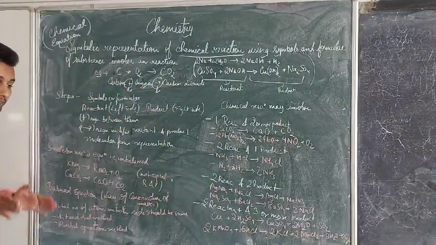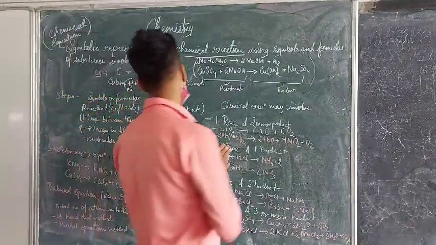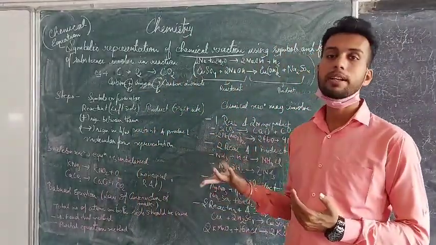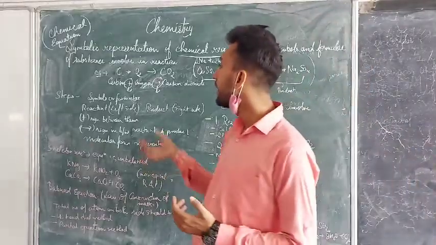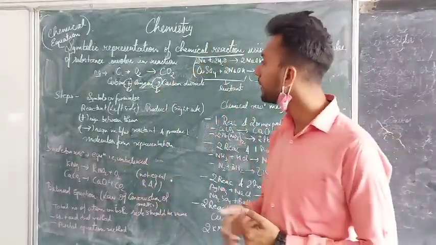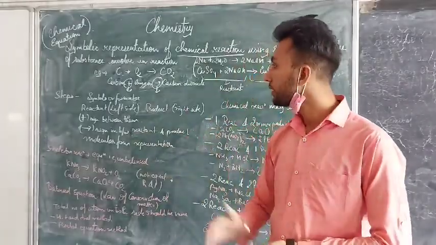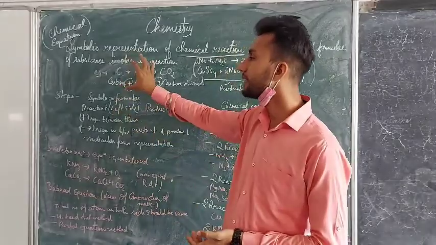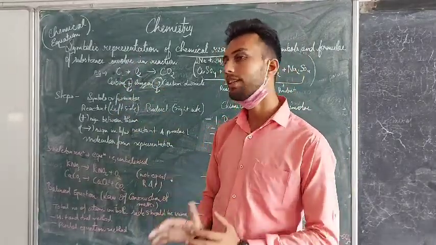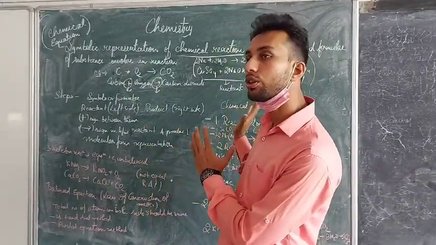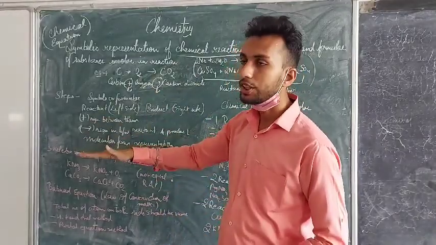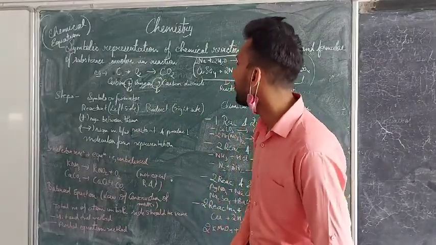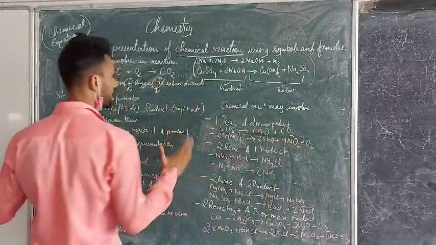What we had studied is that a chemical equation is a symbolic representation of a chemical reaction using certain symbols or formulas, showing how the chemical substances are reacting. And we had studied the steps involved in it: the symbols or formulas should be used, the reactants should be on the left hand side, the product should be on the right hand side. The plus sign should be used in between the two reactants, and if two products are there, then also the plus sign will be used. And between the reactant side and the product side, an arrow mark will be used, and molecular form representation will be used. So we have studied about this.